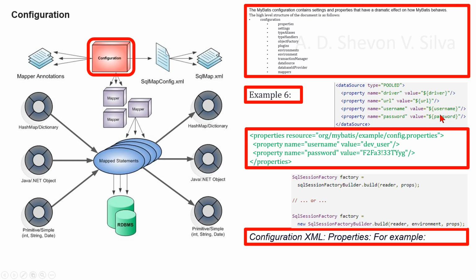The driver and URL properties would be replaced with various content from the config.properties file. This provides a lot of options for configuration. Properties can also be passed into the SQL session builder .build methods. For example, here,